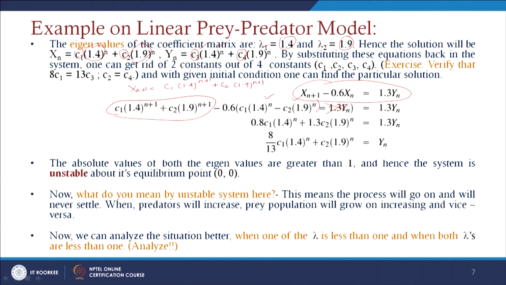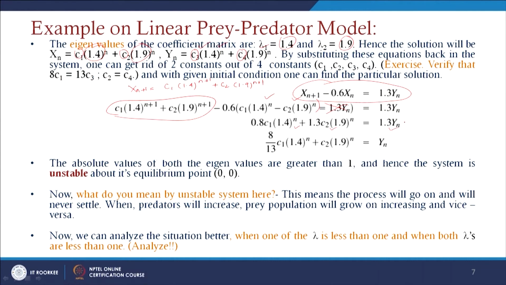So, which can be written as C1 into 1.4 whole to the power n plus C2 into 1.9 whole to the power n. One coefficient can be taken as 1.4 outside and the other as 1.9 outside, and that can be written in a modified form. In that sense, if you find the values, that is nothing but 0.8 C1 into 1.4 whole to the power n plus 1.3 C2 into 1.9 whole to the power n, this equals 1.3